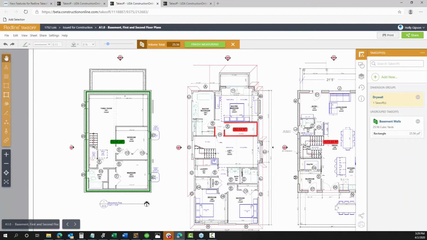Now, I know we have had another question come in from the audience really wanting to know, well, what about things like mechanical or HVAC? What types of things can be used? And certainly the count and stamp count tools can be used for